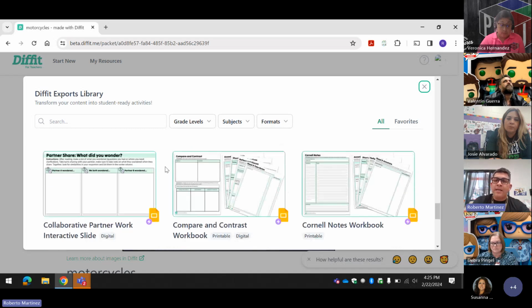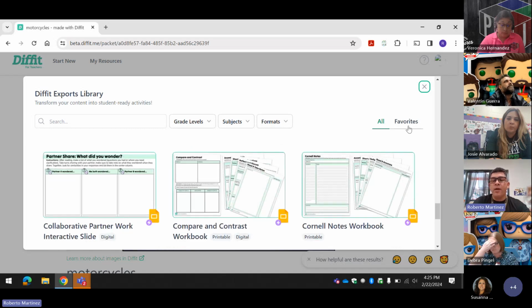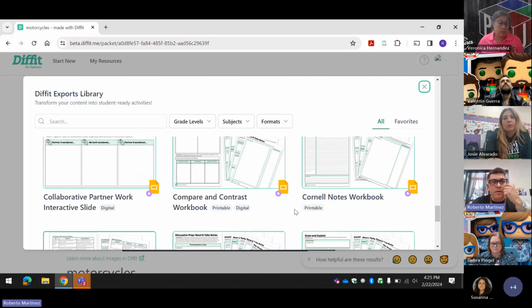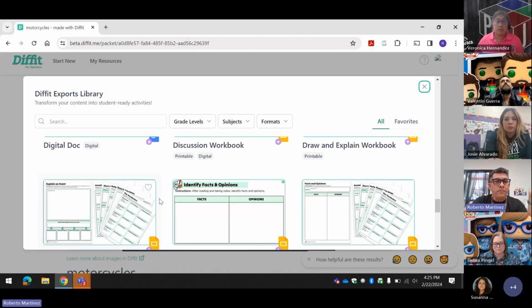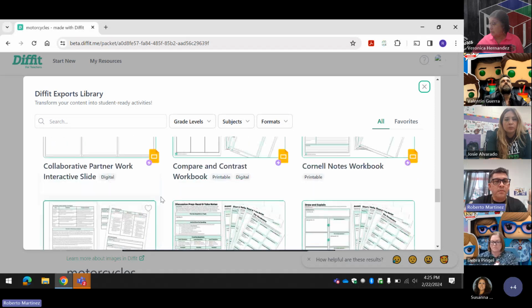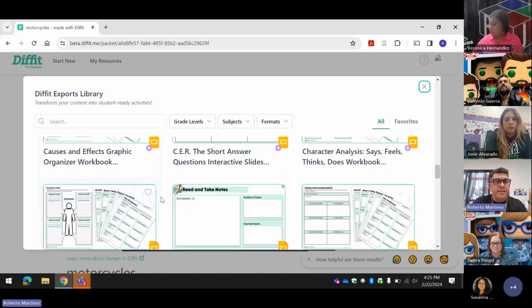And you know what? I like this one. You can also choose your own. You can go to favorites. So every time you do something, like construction workers or any topic that you want, you can create your own basic graphic organizers with your favorites. And every time you click on it, even the Cornell notes are right here. So everything is possible with that. And then if I click on one, let me click on this one, where is the five senses.